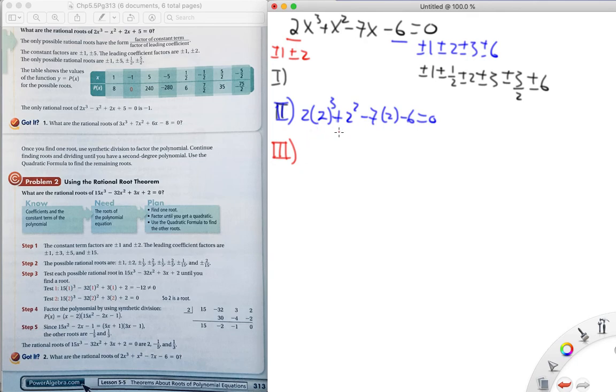Yeah, 2 should work. 8 times 2 is 16, plus 4 is 20, minus 14, which is 6. 6 minus 6 is 0, so it does work. So if the root is 2, that means that the factor is x minus 2. And we're going to divide that into